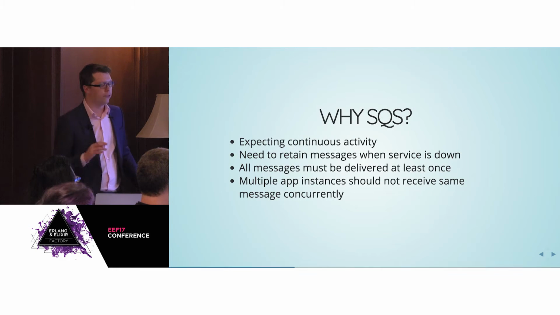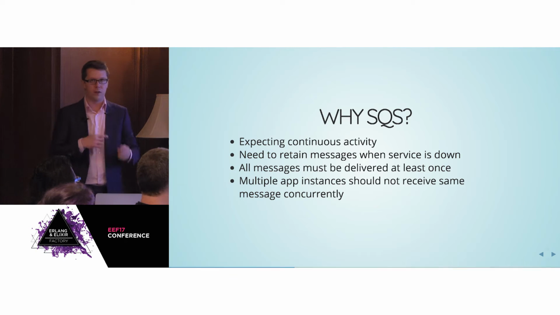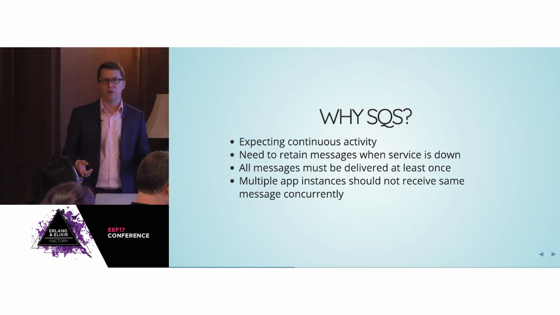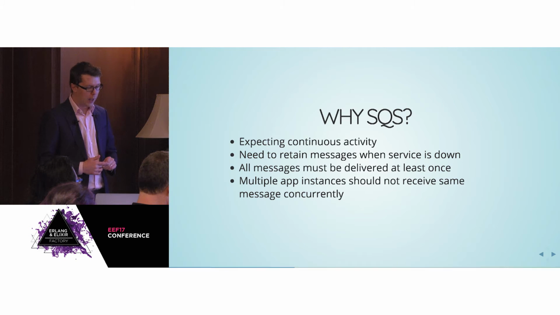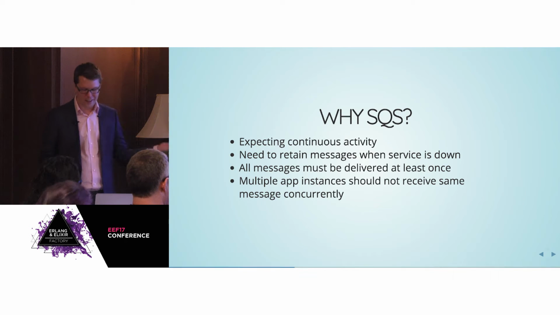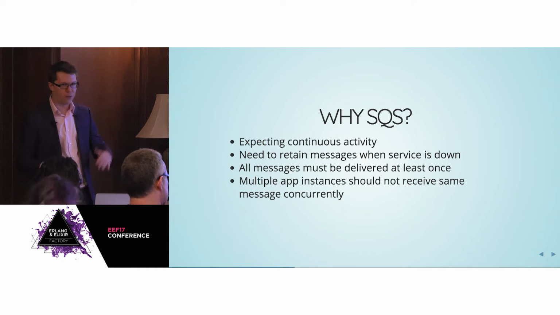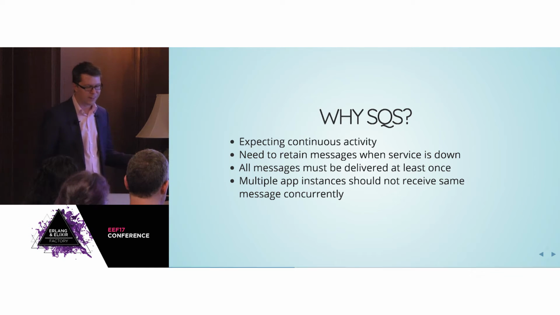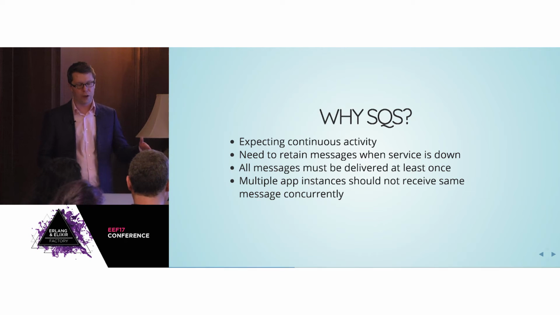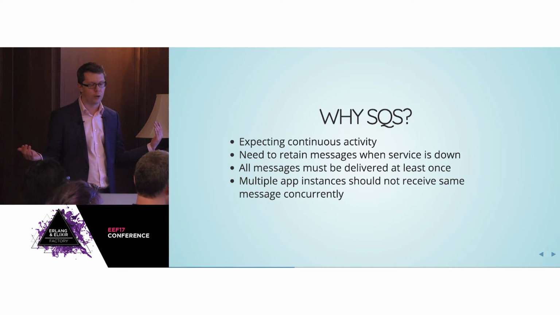And the reason why we chose SQS for this was that we're expecting a pretty continuous turnover of events. So the overhead of spinning up Lambda functions is probably excessive. We also expect that our application will go down. Maybe if I build it in Elixir, it wouldn't have, but we have 9 5s on Ruby rather than the 5 9s. So when that's down, if we used a simple notification service, that just fires messages into the ether and expects listeners to be available for it, having them on a queue is better there.